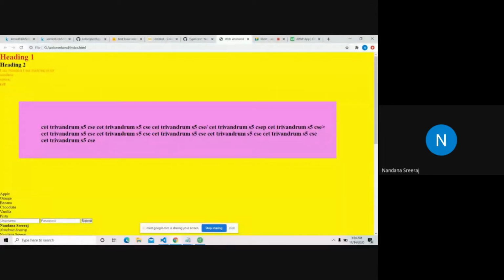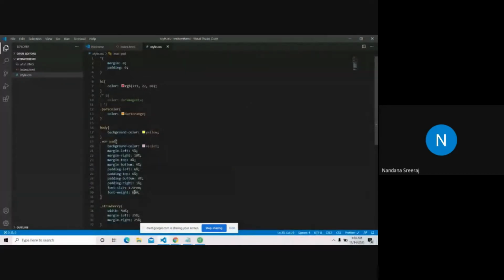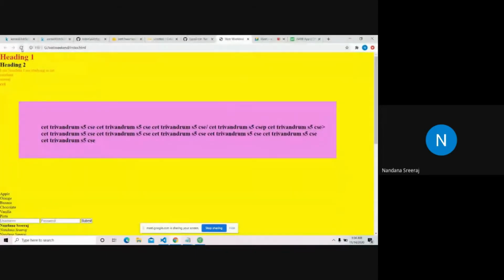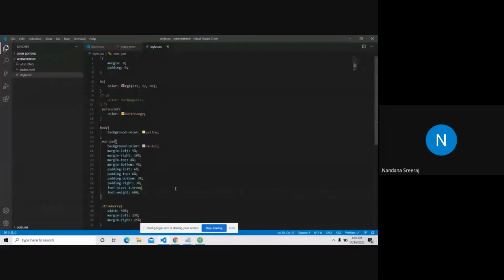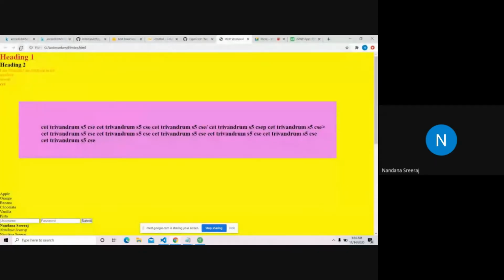As in, you can use the bold tag here. But with the bold tag, the boldness is fixed. Here I can vary the boldness. I can give 600 to make it a little less bold. There won't be much of a change, only a slight change. That is the use of font weight and font size. They give boldness and change the size of the font.